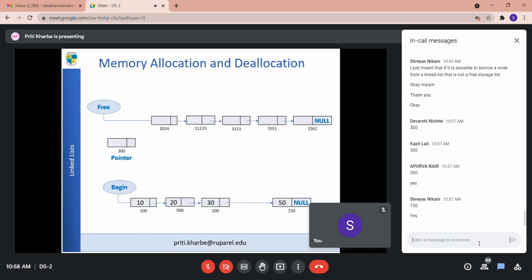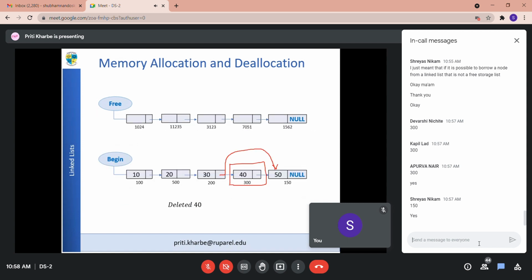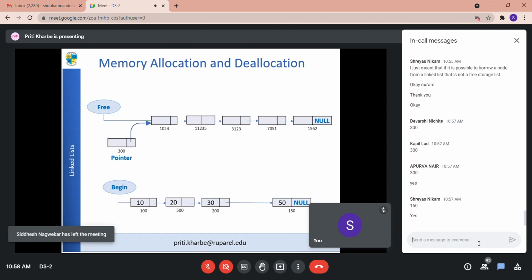See, like this. You know every element you are accessing by using variable pointer. So you will first reach up to the element 40, and then you will say pointer's next part is equal to free, because you are going to insert that particular node as free storage list's first node.